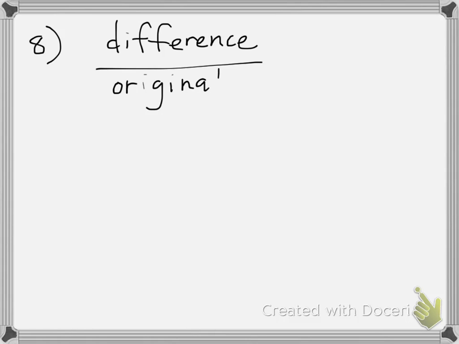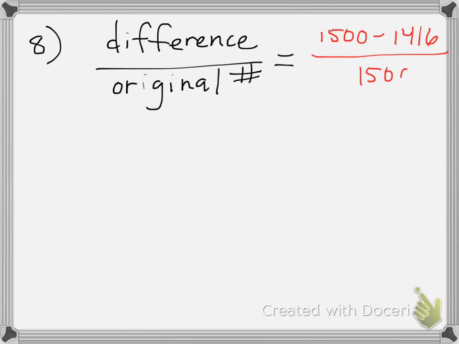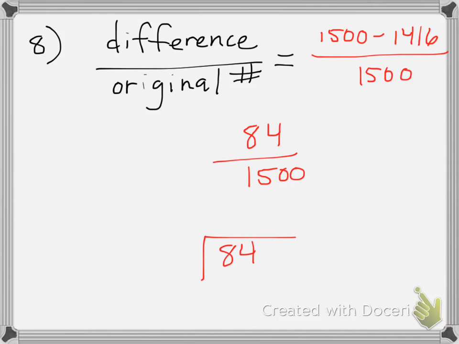In this problem, the original number, since percent decrease, is going to be 1,500. So you take 1,500, subtract 1,416, and then in the end you're going to divide by 1,500. 1,500 take away 1,416 is 84. 84 over, or divided by 1,500 is